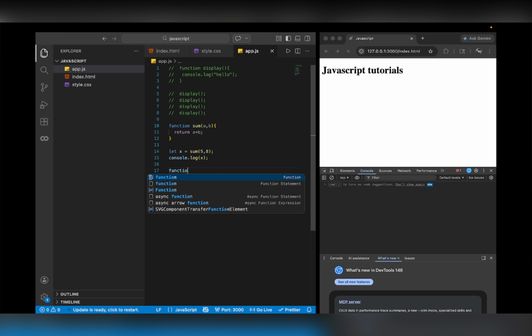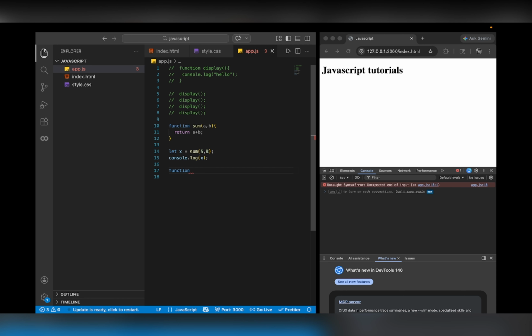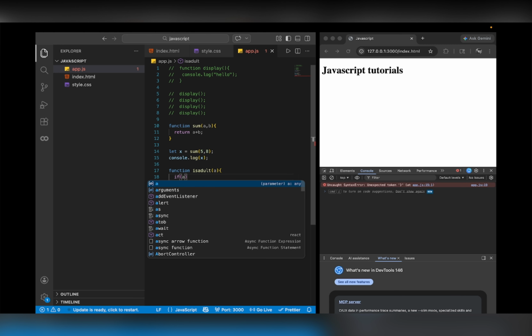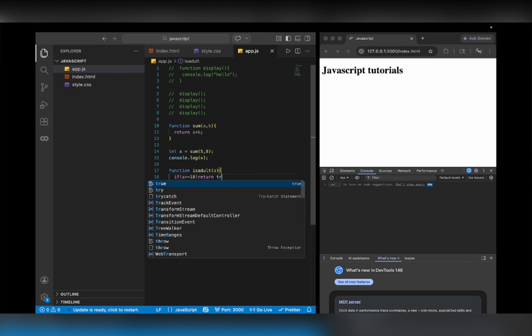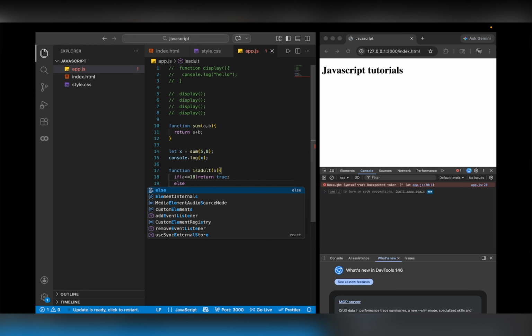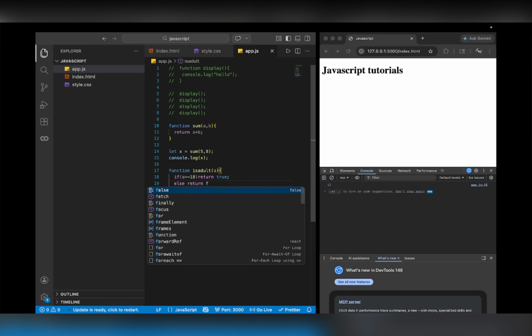फिर एक और फंक्शन बनाते हैं, फंक्शन इज एडल्ट। लेट्स से, और यहाँ पे हम लोग एज पास करेंगे a, और कंडीशन लगाते हैं इफ a इज ग्रेटर देन इक्वल्स टू 18, रिटर्न ट्रू, else return false।